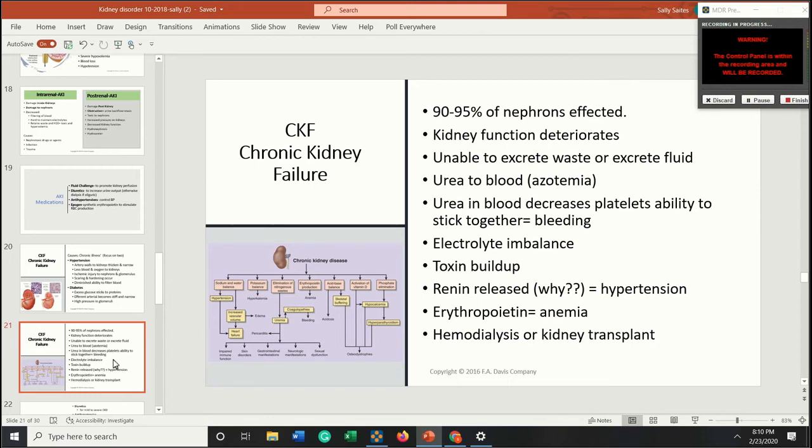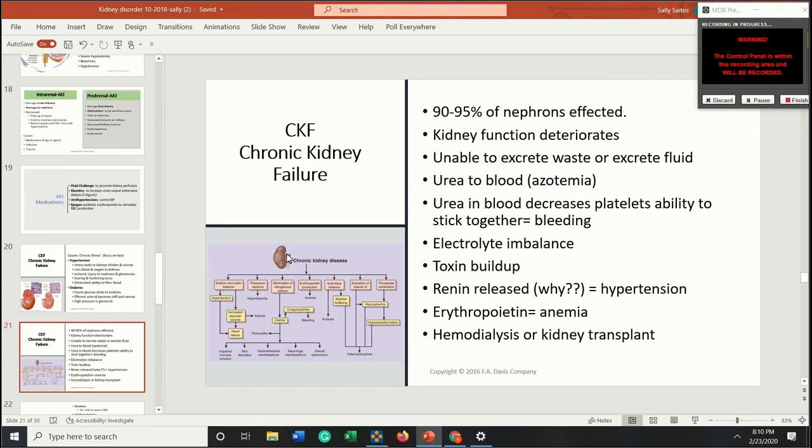The patient will typically have hypertension because of the lack of filtration. So remember, with this damaged kidney, nothing is going through, so everything is backing up in the body. When the kidneys are not being perfused with blood after the damage, after a period of time, the RAS system will kick in to try to help perfuse that kidney, but it makes it worse by increasing the blood pressure and putting more pressure into this kidney that nothing can go into. It's kind of like someone pushing up against a closed door.